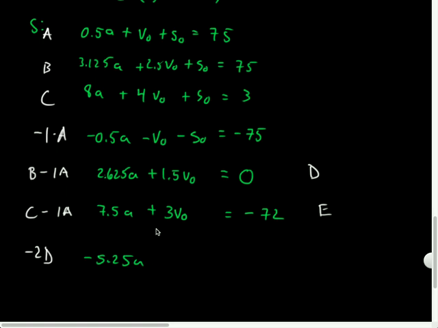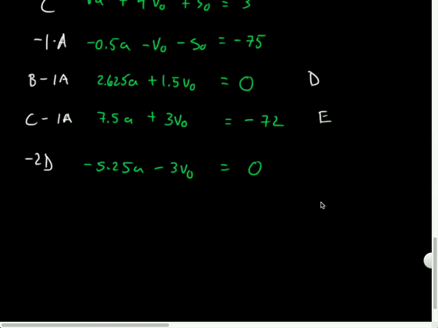a, negative 3 v naught. And negative 2 times 0 is still 0 in my book. And then I can do equation E minus 2d, because I'm combining them. So let's see, it's 2.25a. The v naughts cancel out, and I get